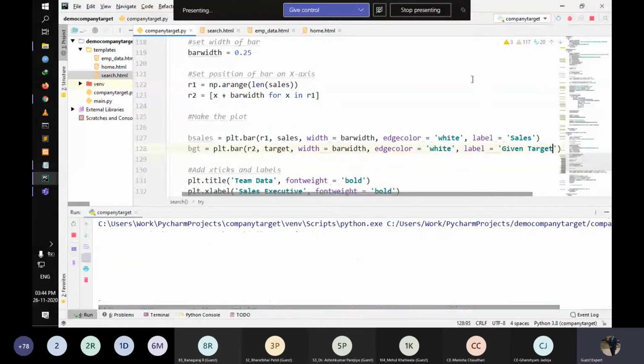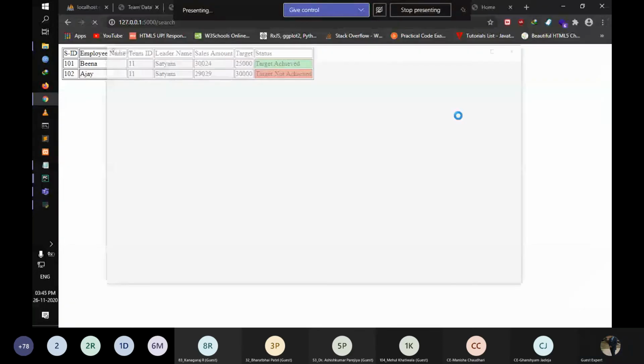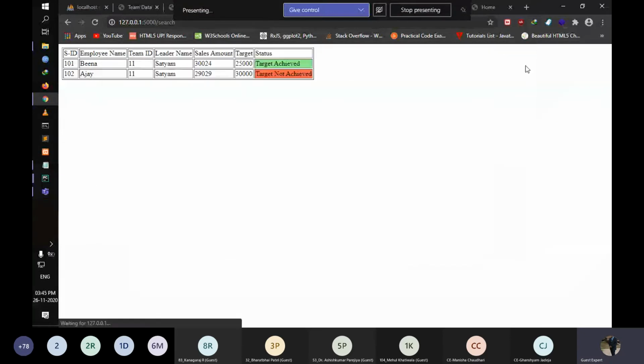Yes, run it again. Size 75,000. Okay. Yes, sir. Okay.